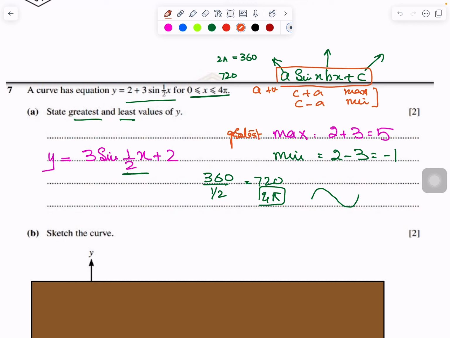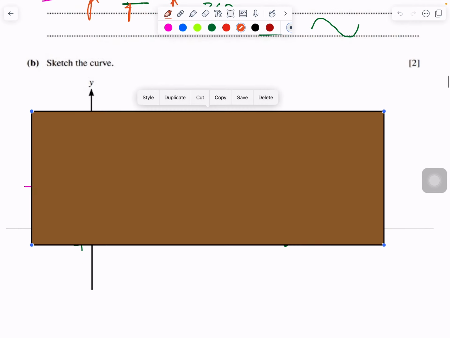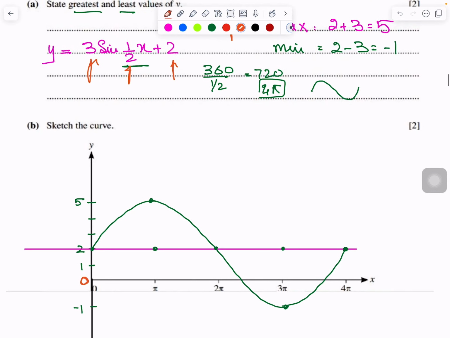Okay, now the question is saying sketch. So I will sketch it here. This will be my axis of the curve. This will be the amplitude, and I have already told you the function of it. So let's see here. If you see here, this is 0. Because the axis of the curve is 2, I have drawn this pink line here. If you see above it, 3 units, right? Amplitude was 3. And below it,